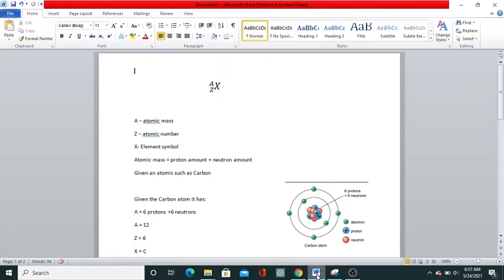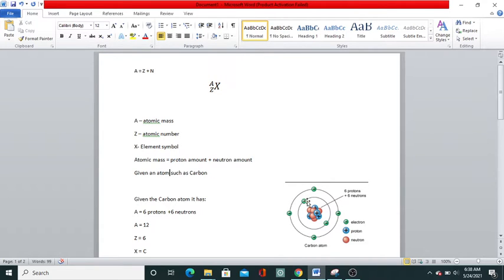Okay, in this part what we will be looking at is the equation A equals Z plus N. A, we know, is known as the atomic mass, Z is the atomic number, and X is the atomic symbol. The atomic mass is also equal to the proton amount plus the neutron amount. Given such an atom